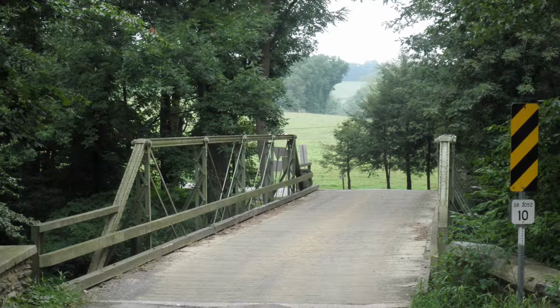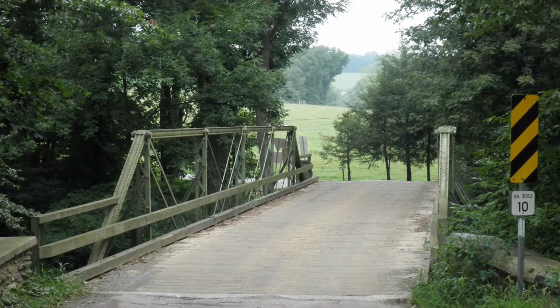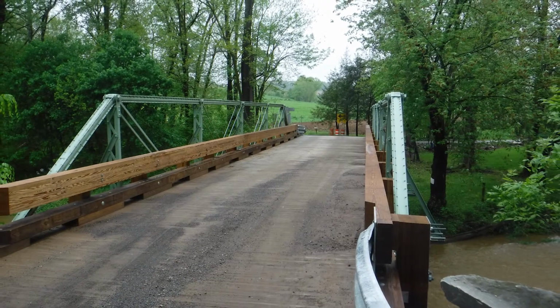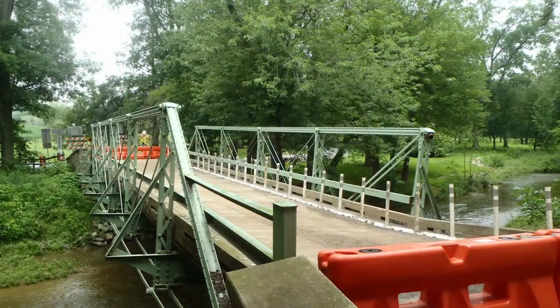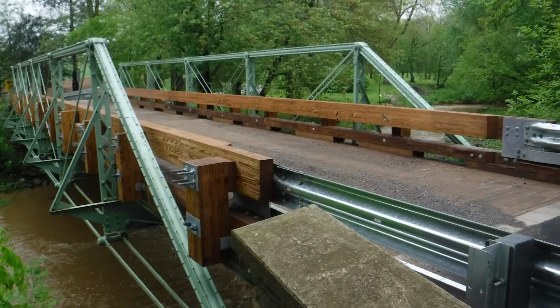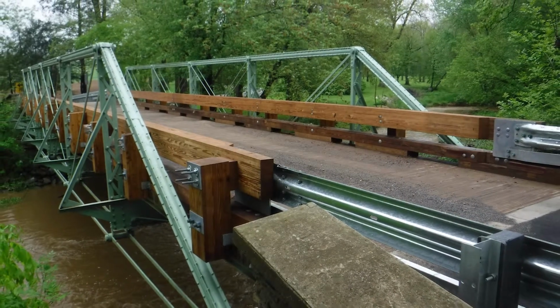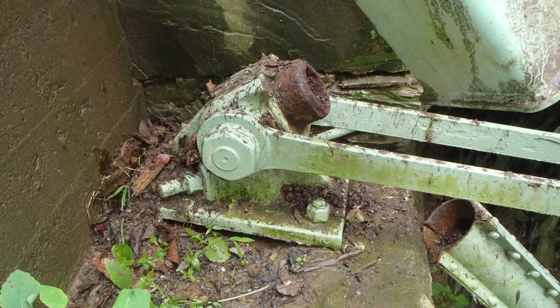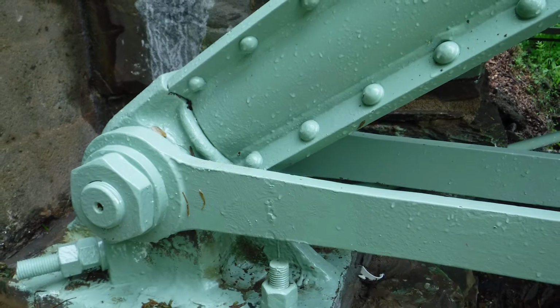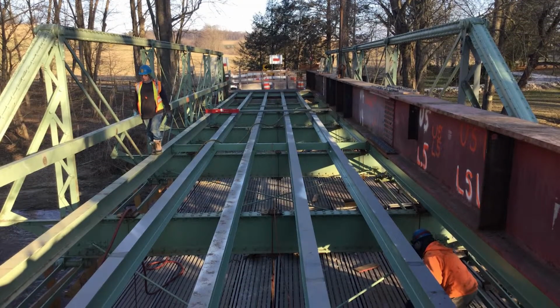Ross Fording Road Bridge is a Pratt Pony Truss built by the Phoenix Bridge Company, inventors of the famous Phoenix Column. Ross Fording has carried Amish horse and buggies and other vehicles across the Octoraro Creek in Chester County since 1885. When a truck crashed into the upstream truss end post, causing partial collapse, PennDOT seized the opportunity for complete